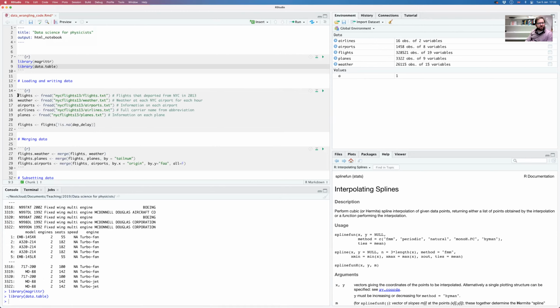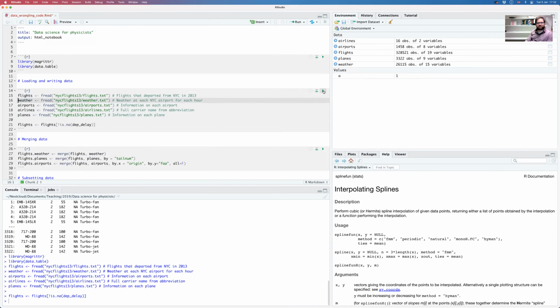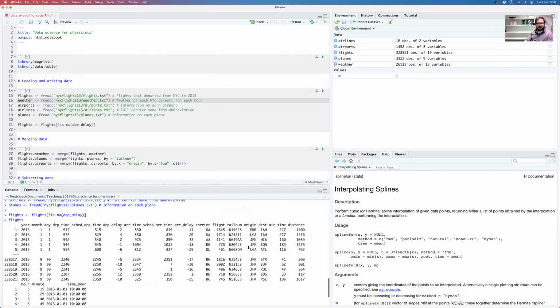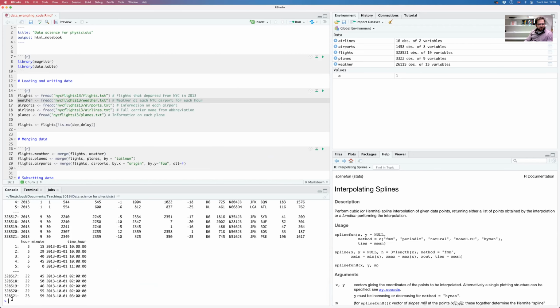So here we're loading all of these files. It's actually the same thing that I had on the slide. So for each of these different bits of information, we now load these files into memory. I had already done that before. So here they are in the workspace, and now we can click on these files, or we can just type flights,